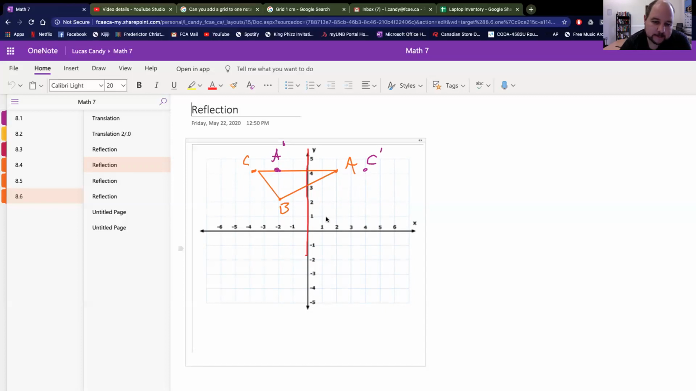And then finally, here's our line of reflection. B is 2 to the left of 2. So it's going to be 2 to the right of 2. 2 to the right of 2. And that's going to be the mirror image of B. So now all we have to do is connect